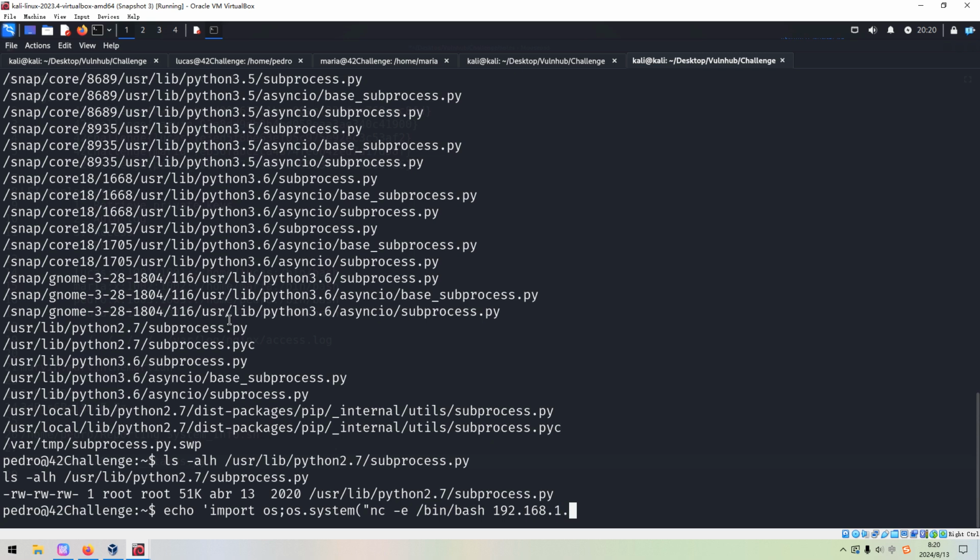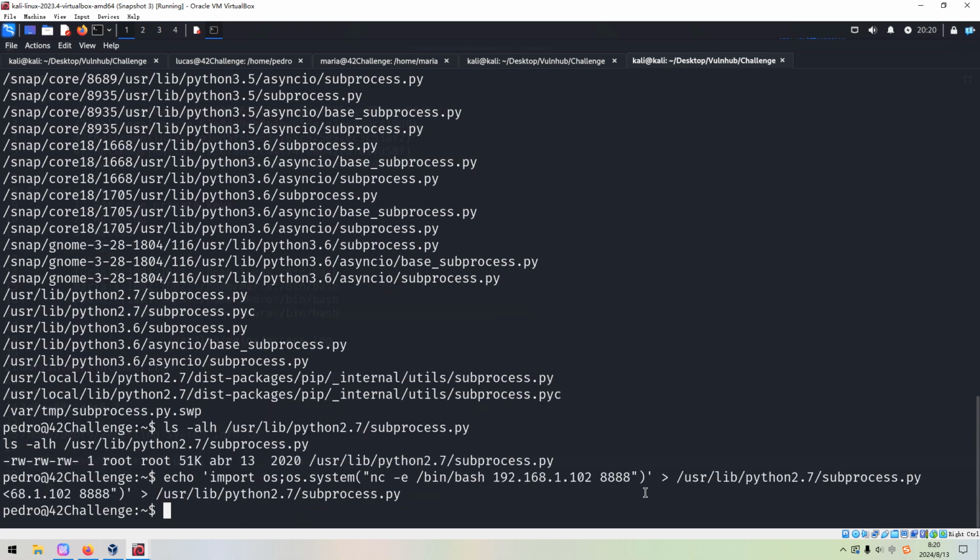Hopefully this can work. And another port number. And we can save into this file. I need to double check. Import os, os.system, single quotes, then close it. Oh, sorry. Yeah, I think it's correct. So now we can press enter.